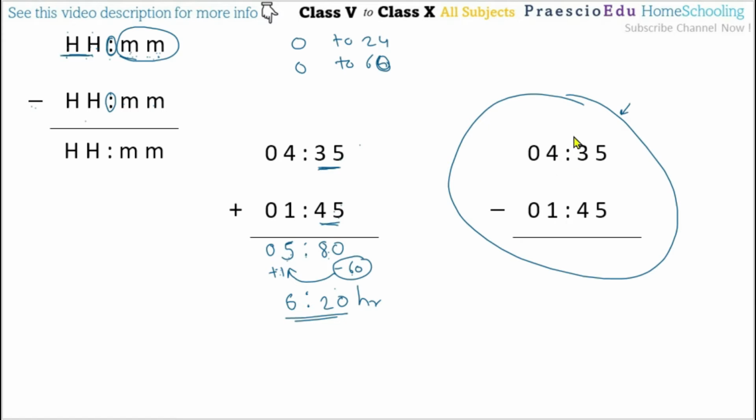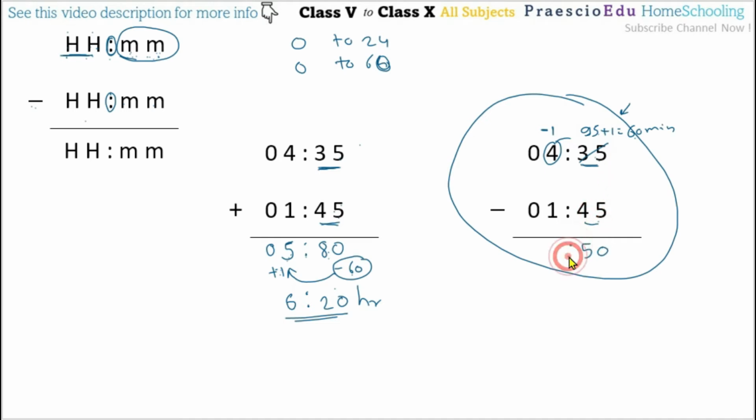While doing the subtractions, now here the 35 and here 45, so from 35, 45 cannot be possible. Okay, so what we will do, 1 hour we will convert in minutes. Always remember this procedure. So 1 here deducted and 1 hour here added, 1 hour is equal to 60 minutes. So 60 minutes we will add because this is the minutes section. So 35 plus 60, it's 95 now. So instead of the 35, it comes 95. Now 95 minus 45, this is 50.